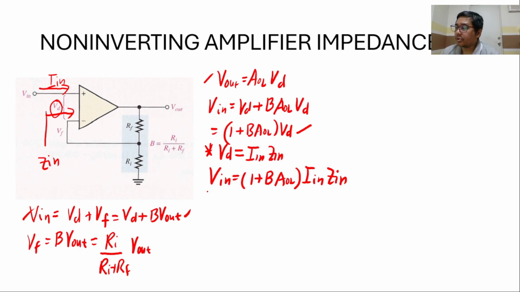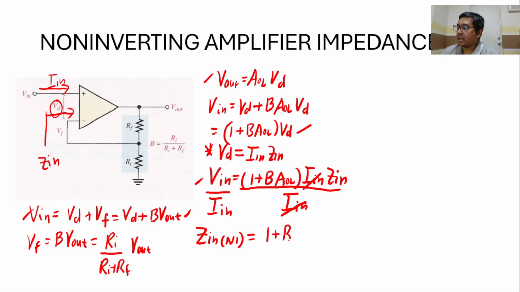We can divide both sides by I in. Vin over Iin is our actual input impedance for the non-inverting amplifier. That is equal to 1 plus B times AOL times